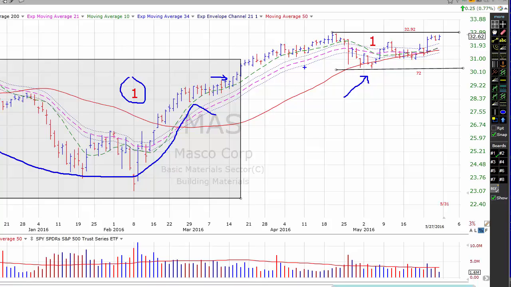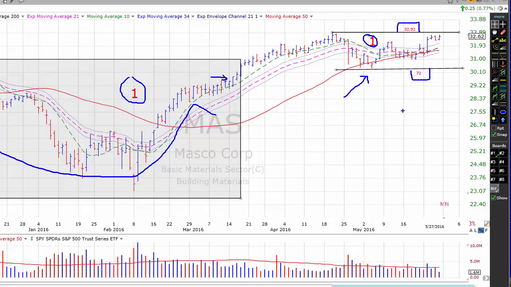This is a base on base formation. We're still in a first stage base. We have a $32.92 pivot point. Masco gets a 72% checklist rating, and may be worth a look by both conservative and aggressive